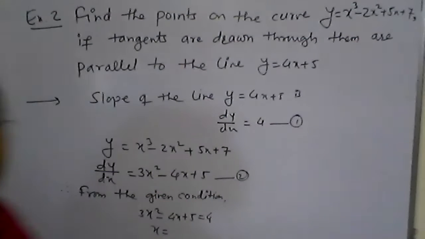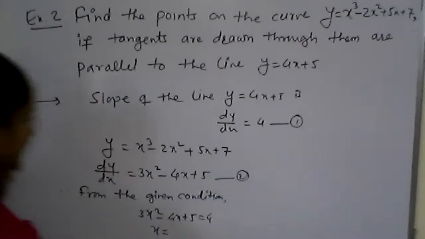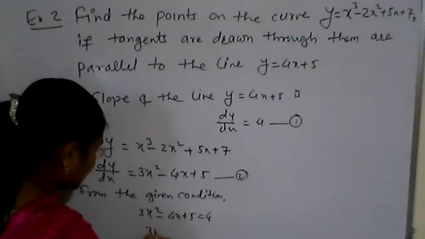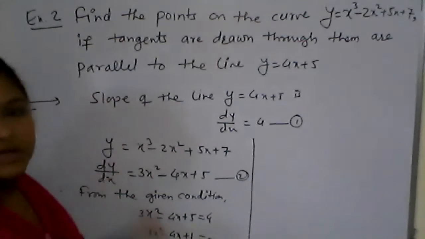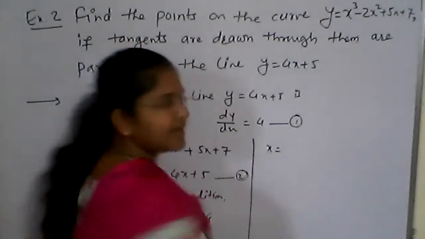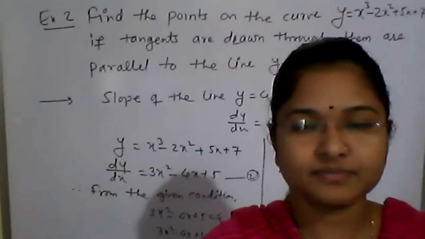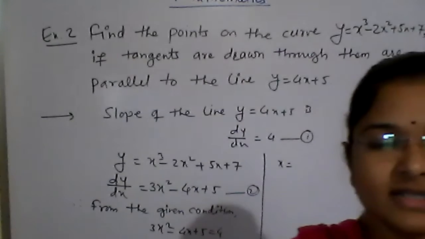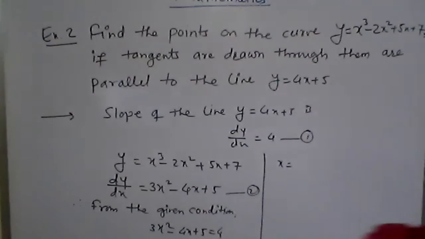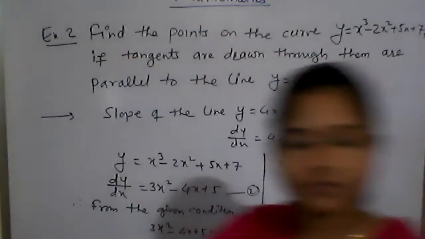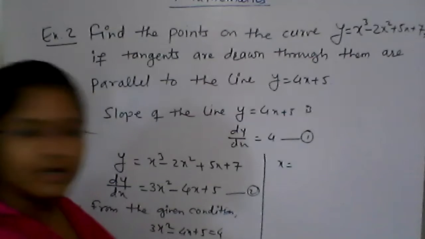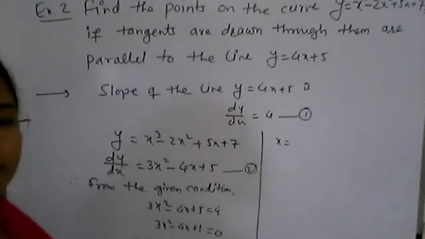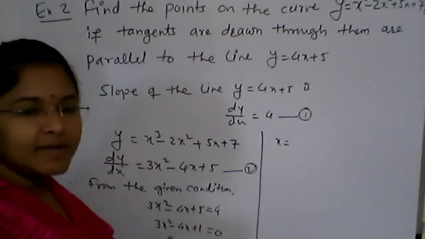Okay. So, what are the values of x? Solve this equation. What will be there? 3x square minus 4x plus 1 equals to 0. Solve for x. What will we get for x? Solve this equation. Multiplication and minus 4. Is the last step visible? Okay. 3 into 1, 3, and minus 4.